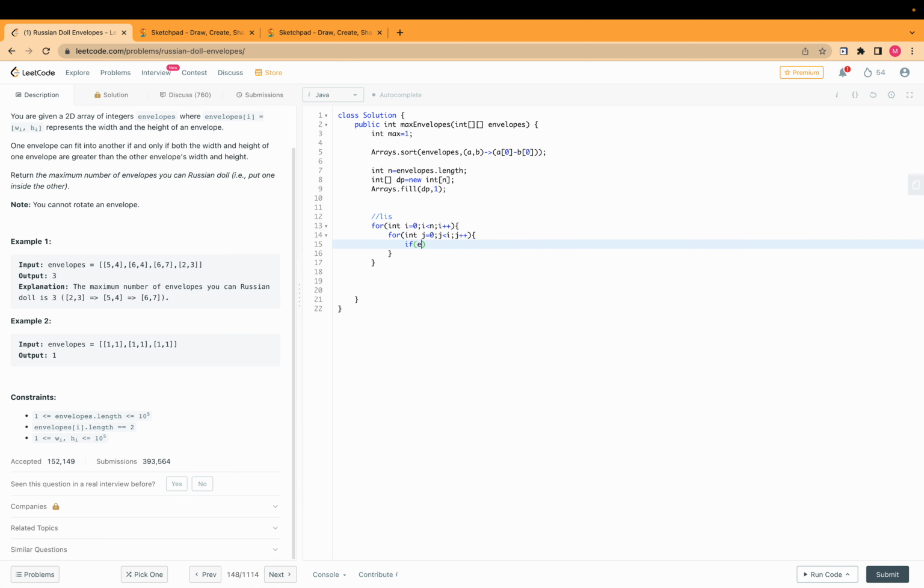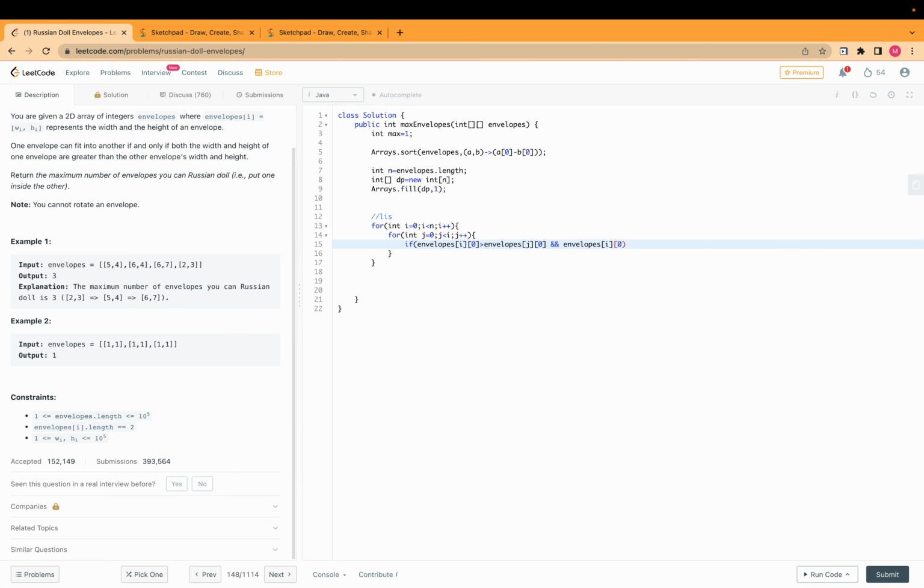What will we compare? The envelope's width should be, we are on the envelope, its width should be, okay, let me just copy this, the envelope width should be less than the left side envelope. If this is strictly less,